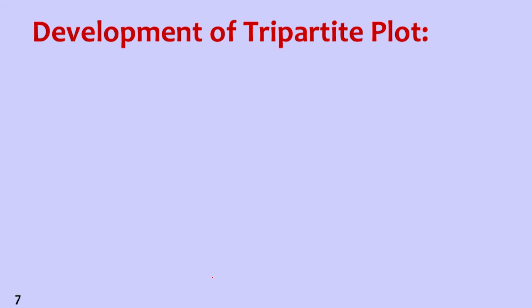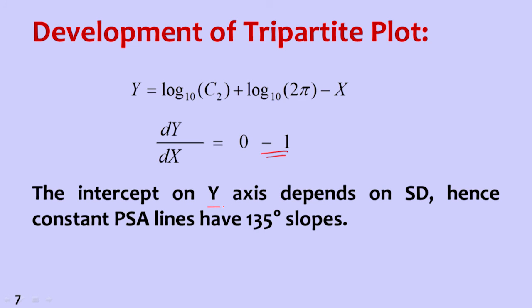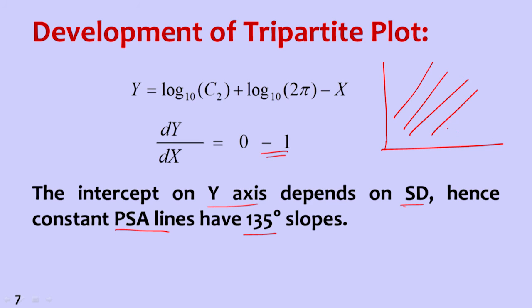Now if we take the differentiation of this term, dy by dx, we get minus 1. So that means negative 45 degree slope. So the intercept on y axis depends on SD. Hence constant SD lines will have 135 degree slope. So 135 degree positive slope or minus 45 degree slope, both are same. So that means when we draw this, we have this measurement on this scale. This is T, this is